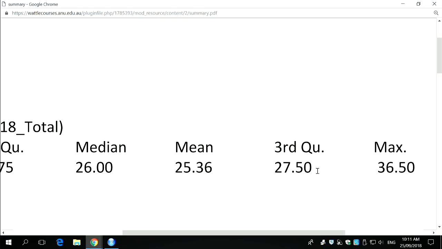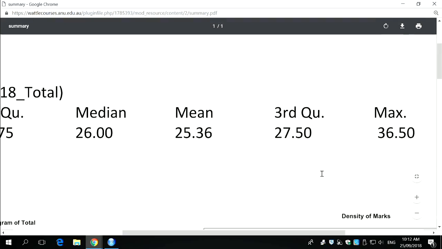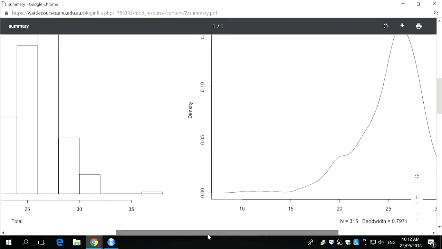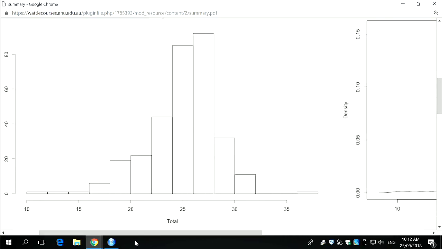So we can see here from the third quartile, 27.5, that's 25% from the top. This is comfortably in the D range, okay? And probably a little bit below that will bleed down to the bottom of the D range. So we're probably looking at, I don't know, and this is rough cut, okay? 27, maybe high 26s is probably putting you in the D range. The HD range is probably, I mean, we can look at the histogram and try and work it out. The HD range is probably, I don't know, 29, 28, something like that, okay?